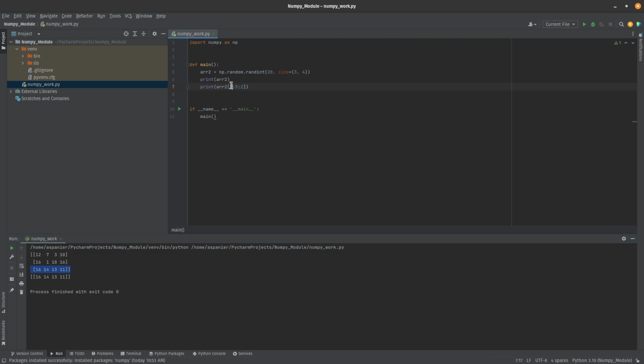Okay, because it's basically saying 2 to 3, 0, 1, 2. So the 3 is non-inclusive, and actually that was dangerous because I could have got an exception. So let's actually go 1 to 2, okay? Then we get 2, 19, 2, 18, because we go from 1 to 2, so it's only 1. We step by 2s, and there's really no way to step around that. So that's essentially what you're doing with your start, your stop, and everything else there. We essentially got our 2, 19, 2, 18, and made our subarray. I would encourage you to explore that a lot more, mess around with that, especially if you like making subsets or have any interest in research where you might have to make a lot of different